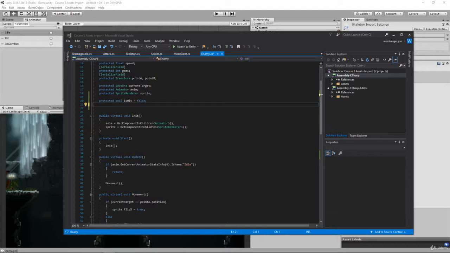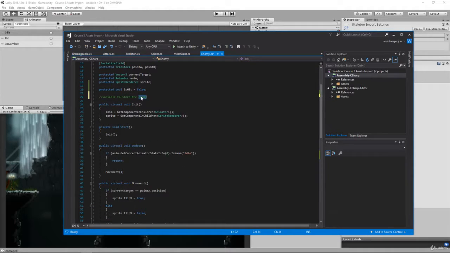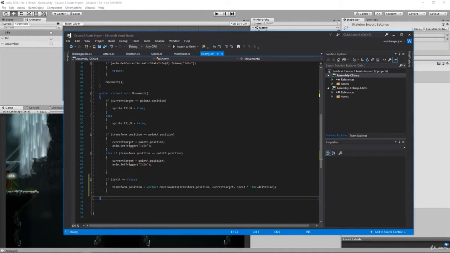So let's turn this into a challenge. The first thing we need to do in order to detect the distance between the enemy and our player is we need a variable to store the enemy, because we need to get basically the position of it. So variable to store the enemy position, or enemy in general, and then, I'm sorry, not the enemy, but the player. So variable to store the player, and then we need to create logic,